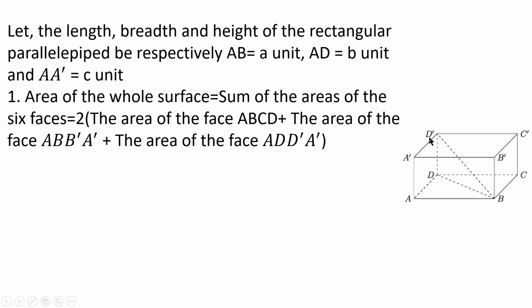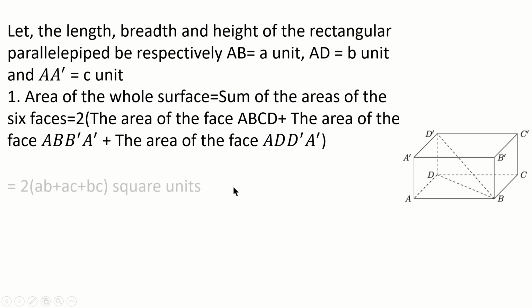And this face, that means A, D, D prime, A prime. This is a length and this is a breadth. Follow this. Okay, only for this face, but for the total solid, that will be height and that will be breadth. But only this face, that means A, D, D prime, A prime. AD is a length, A prime is a breadth. AD means B, A prime, this is a C.